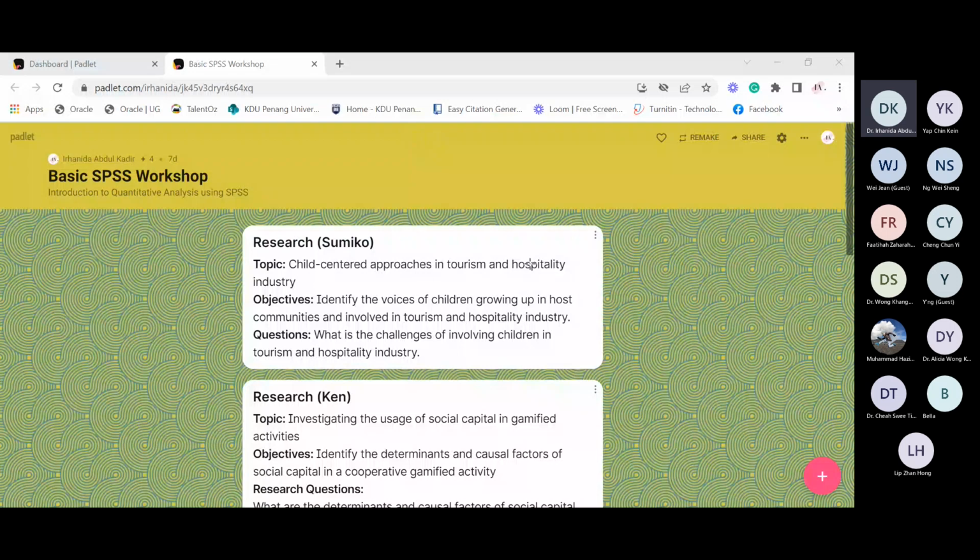For example, earlier Miss Fatiha wanted to see the perception, which is related to the relationship between multiple variables in her research. So there are a few inferential analyses that she can use. For example, correlation. We use correlation analysis to describe